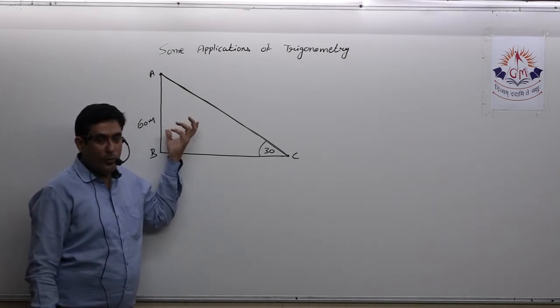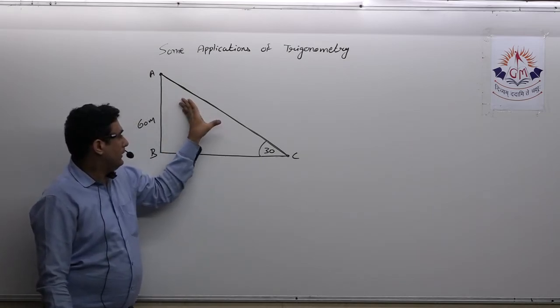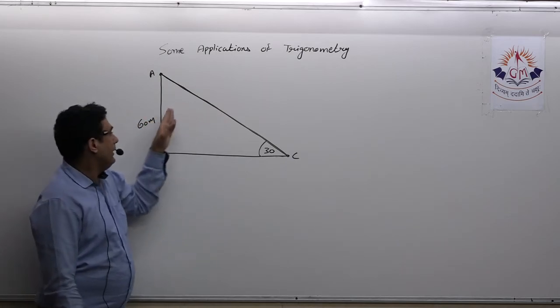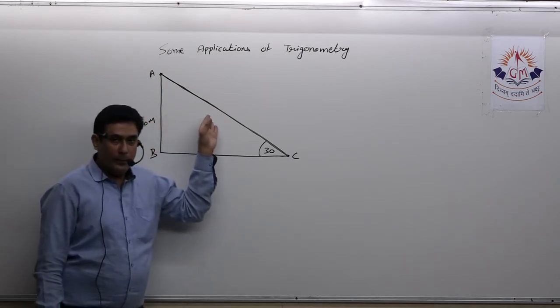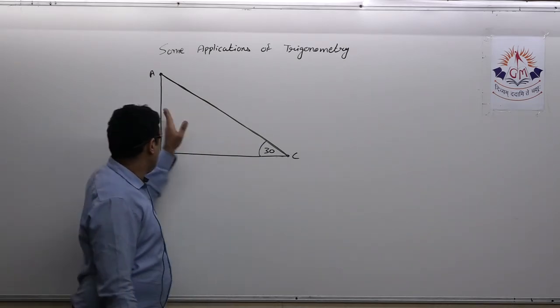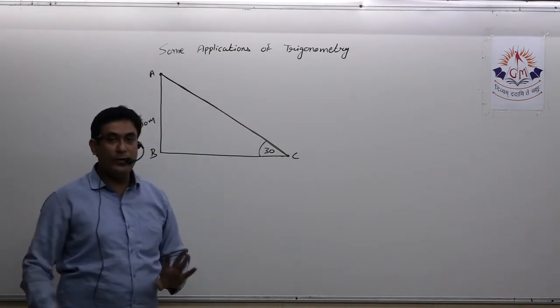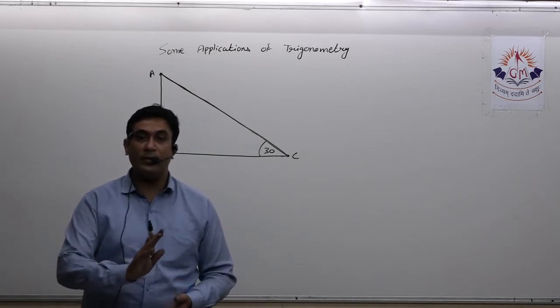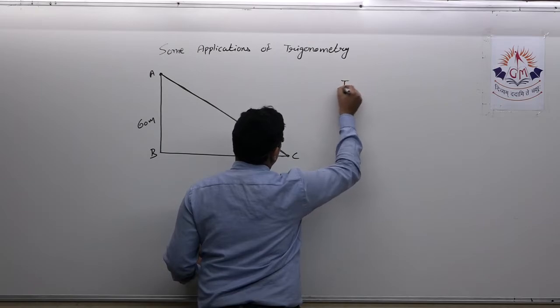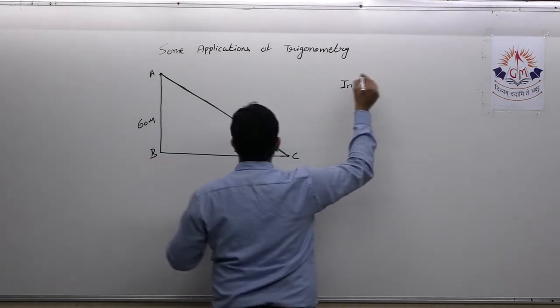I have to talk about the dimension that I need to find and the value which is given. Here perpendicular is given, hypotenuse I have to obtain. So for this angle, this is perpendicular, this is hypotenuse. Which trigonometric ratio connects the perpendicular and hypotenuse? That is sine. So in triangle ABC,